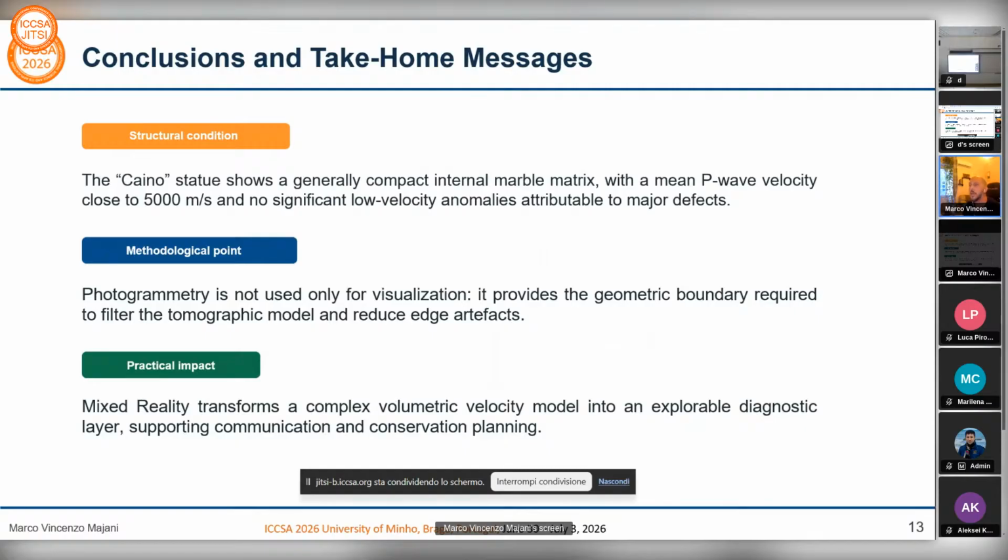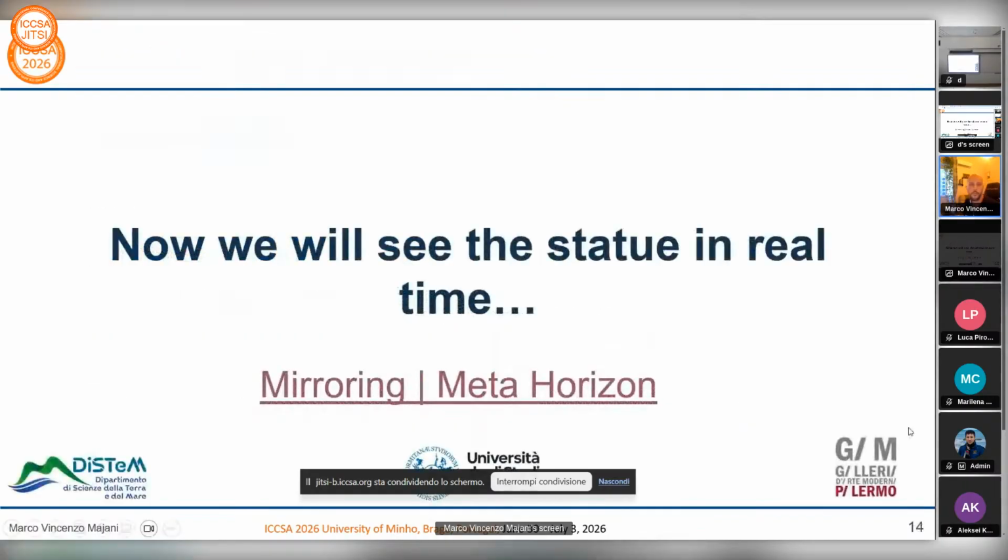Second, from the methodological point of view, photogrammetry is not only a tool for visual documentation. In this workflow, the photogrammetric mesh is used as a geometric boundary to filter the tomography model and reduce edge artifacts. Third, from the practical point of view, mixed reality transforms a complex volumetric velocity model from ultrasonic tomography into an explorable diagnostic layer. And now I'll show